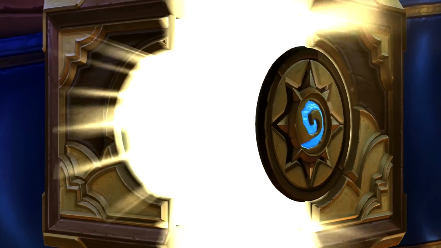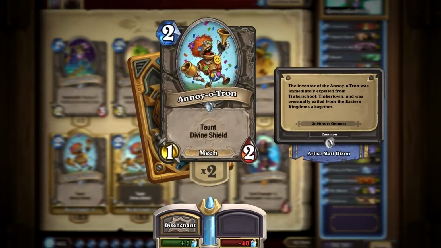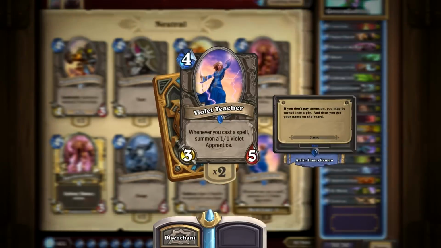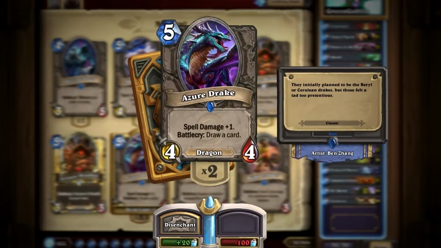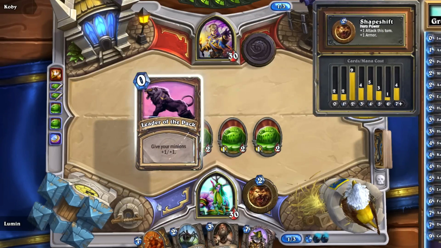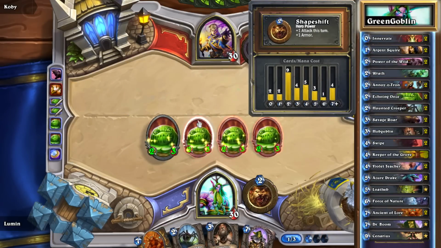Then in the neutrals, 2 Argent Squires, 2 Annoy-o-Trons, 2 Echoing Oozes, 2 Haunted Creepers, 2 Hobgoblins, 2 Violet Teachers, 2 Azure Drakes, Loatheb, and finally, Dr. Boom. Generally with this deck, you'll want to flood the board early on and overrun your opponents with those smaller